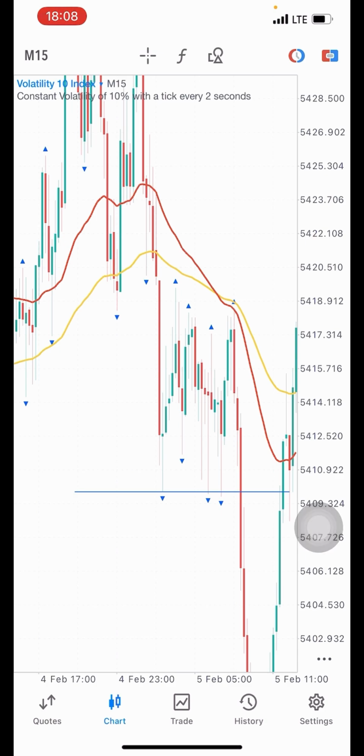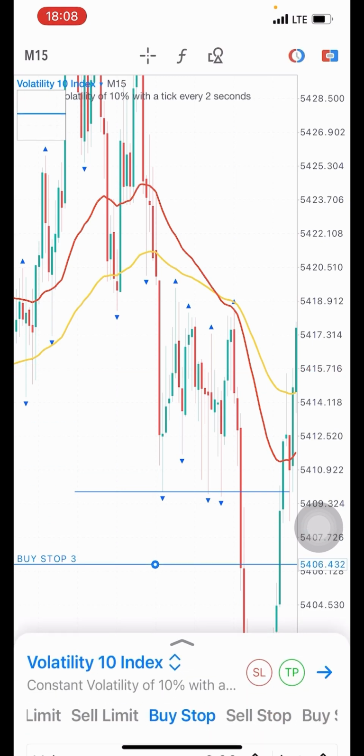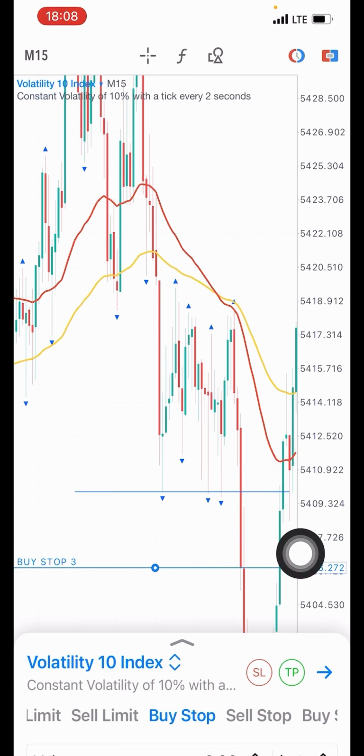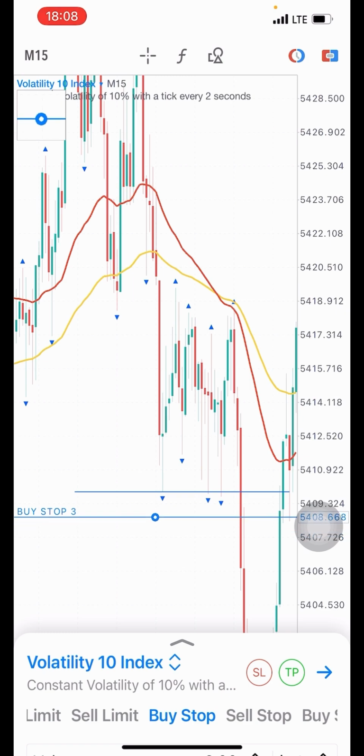So once you get it like that, you sell. All right, you sell from this area here where the candlestick close. But if this area is too long for you, what I normally do is to wait for price to come back, because whenever the candlestick close, price normally do come back down a little bit. All right, so once price reverse, you place your sell limit order a little bit below that,